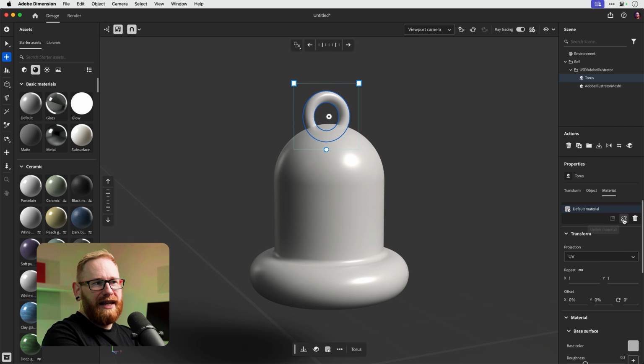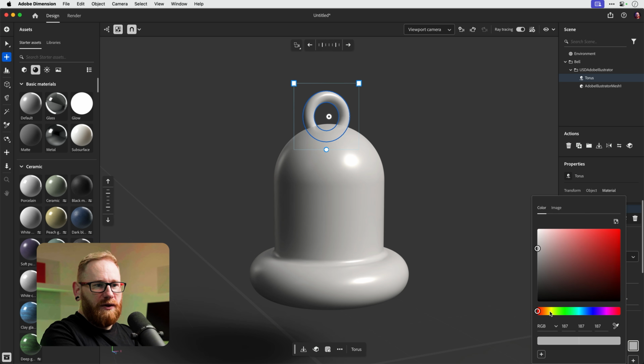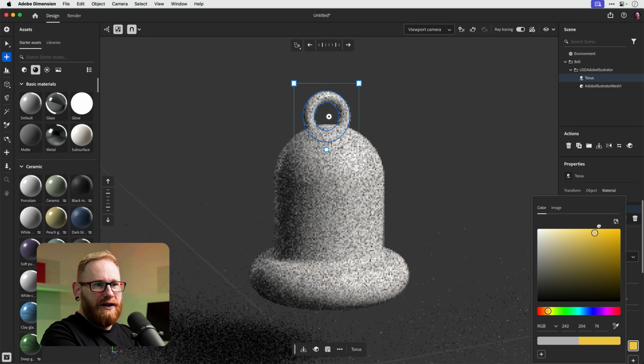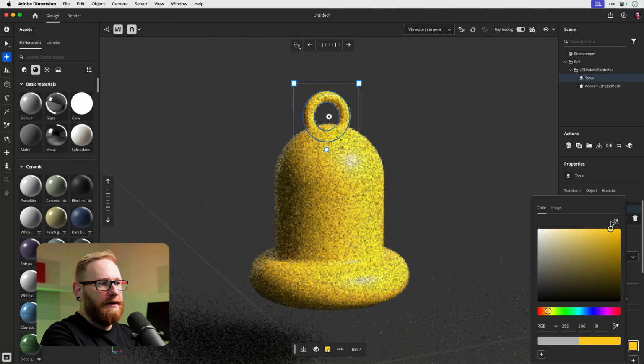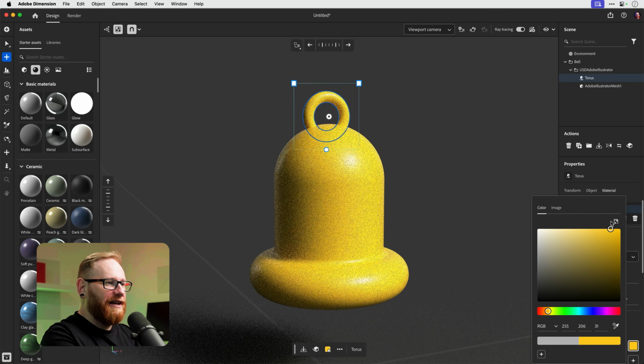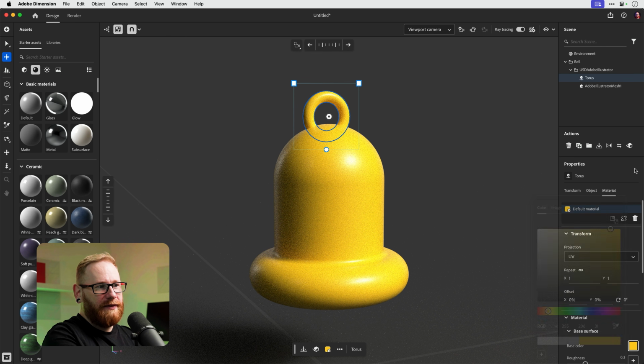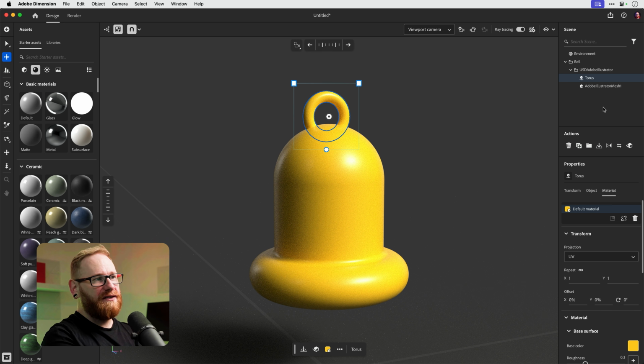Now you can break that link, so if I wanted to edit the ring on top independently of the bit underneath, but we don't want to. We want it to all be the same kind of yellowy orange color. Oh, look at that coloring. Much better already. And you can see it applies it to both the torus, that ring along the top, and the Illustrator